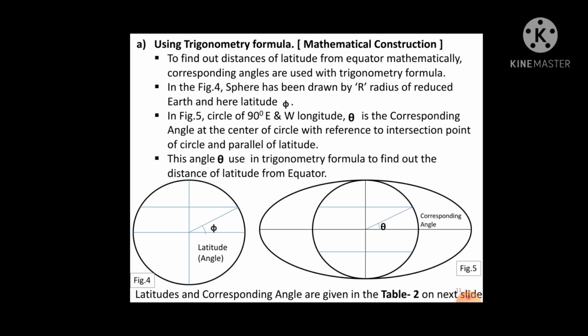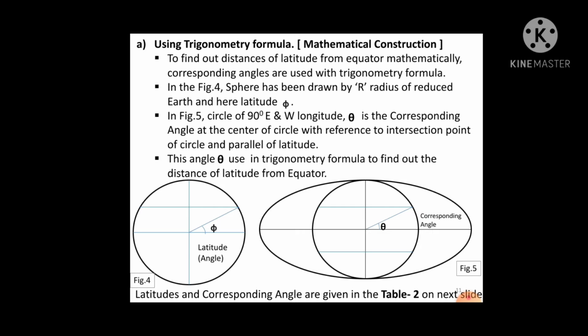The B approach, that is using the trigonometrical formula, when you use the mathematical construction approach. So definitely, to find out the distances of latitude from the equator mathematically, corresponding angles are used with the trigonometric formula. Now if you look at figure 4, a sphere or the reduced earth has been drawn with the capital R, that is the radius of the reduced earth, and you just make the line which